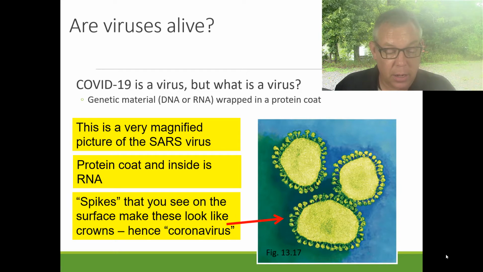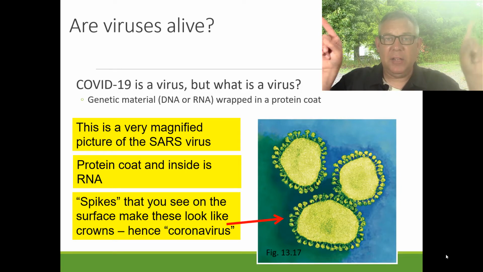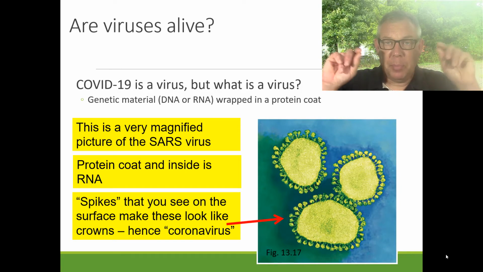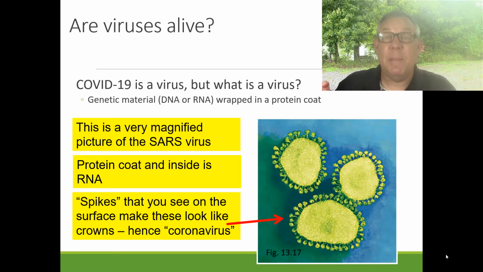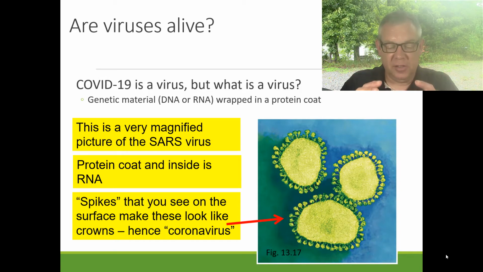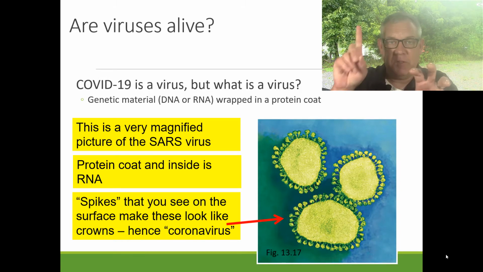And so the SARS virus is related to the COVID virus. They're both called coronaviruses. And they're called coronaviruses because if you look at the image here in the microscope, you see lots of little spikes sticking out. They call them the protein spikes on the surface, and it makes it look like a crown. Corona means crown. And so this is a group of viruses that looks like a crown because of these spike